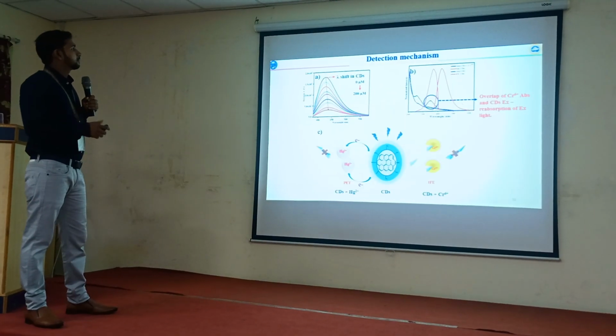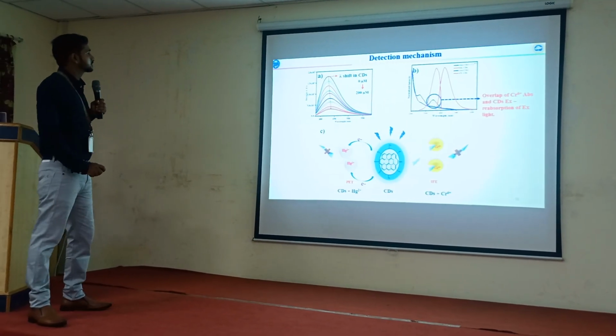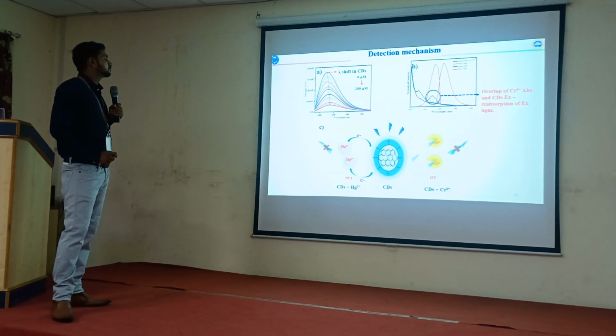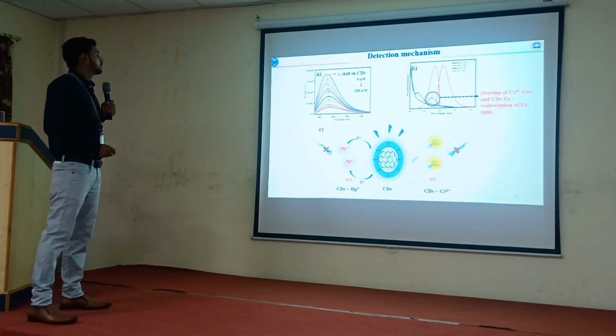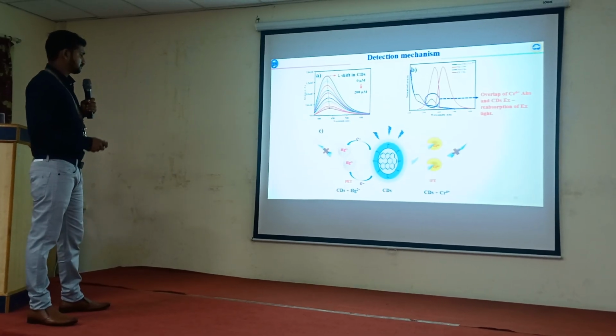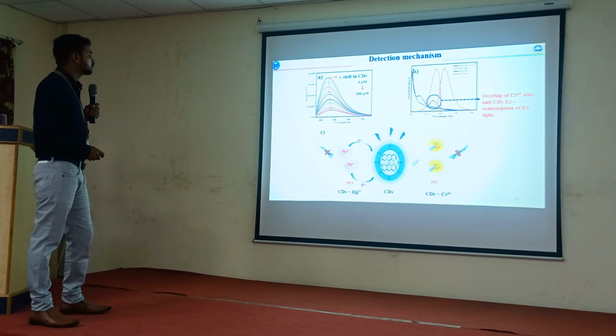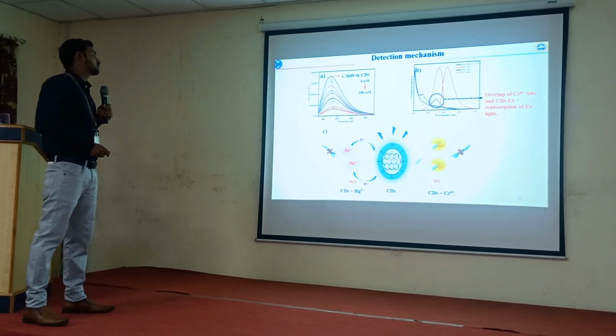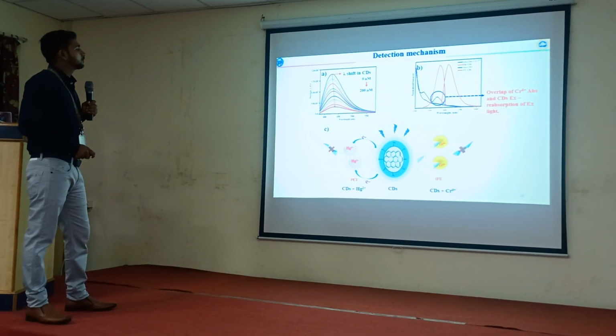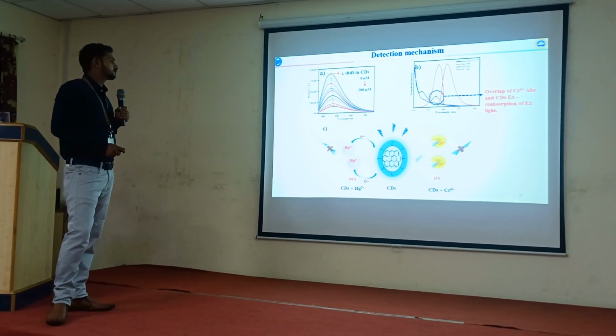And the detection mechanism, figure A represents the PL quenching plot of carbon dioxide with the mercury addition. With the increasing concentration of mercury, we can see the shift in the PL emission spectra, which confirms that the process happened by the photoinduced electron transfer mechanism, and it is actually due to the transfer of electron from carbon dioxide to mercury ions. And figure B further confirms that